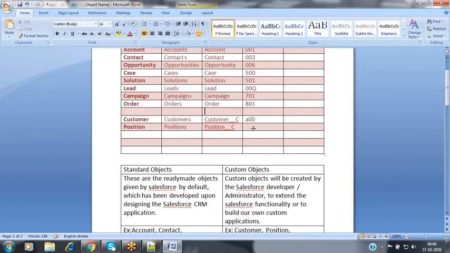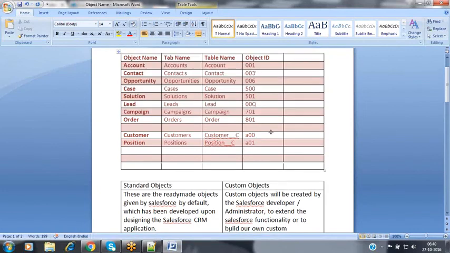Previously for my custom object customer, it provided a00, but for the next object it provided the ID a01. So this ID has been allocated as a schema ID for this object. Like the standard objects, which have IDs such as 001, 003, 006,